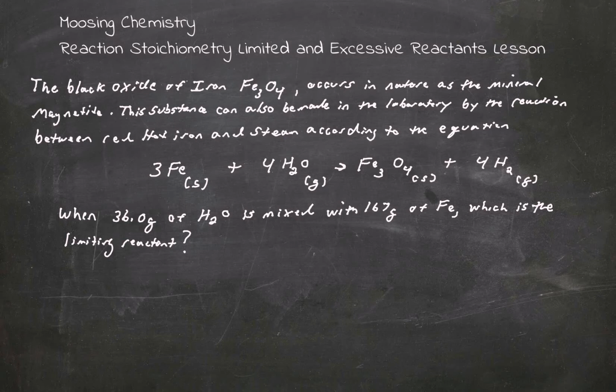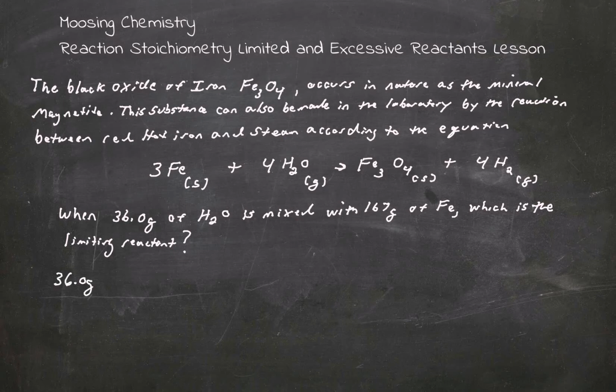Well, first of all, let's identify who the reactants are. This is a reactant and this is a reactant. So one of these is the limiting reactant and the other would be the excess reactant, which means we have more than we need. The limiting reactant, whichever one it is, determines exactly how much of the product we can make. Okay, now in this case we have these in grams. So we know we have 36 grams